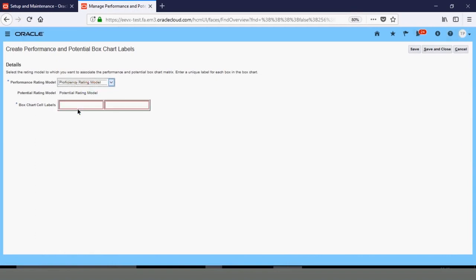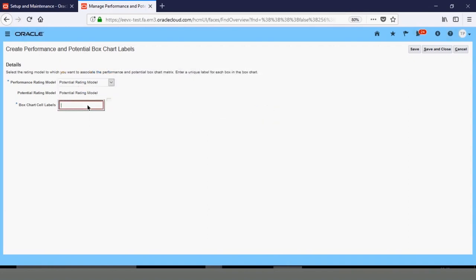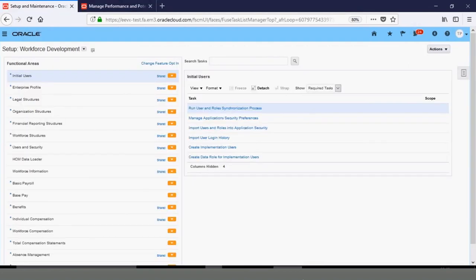When I click on proficiency rating model, you must enter a value 1 on 1. Potential rating model. So you have a single rating here. What it means is that